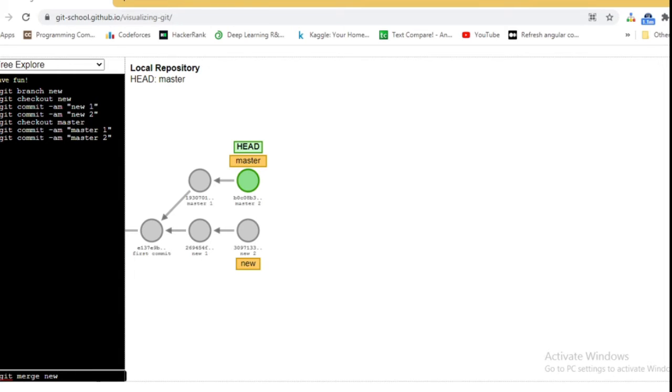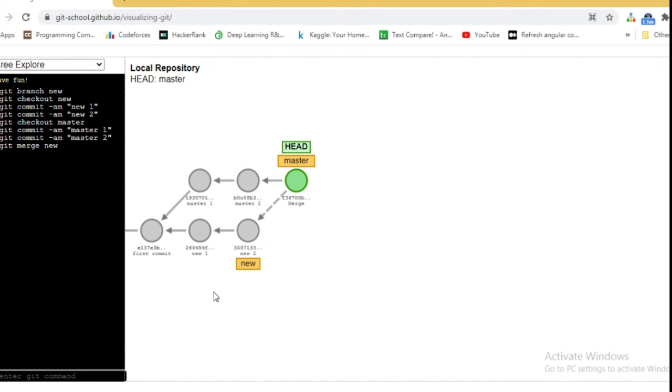What is the important thing? The important thing is that if you are merging any branch onto another branch, you have to be on that branch to merge, right? As I want to merge the new branch on the master branch, it is important to be on the master. After that you can merge the new, right? So as I am currently on the master because head is pointing to that, it means I am on the master and now I can merge the new branch.